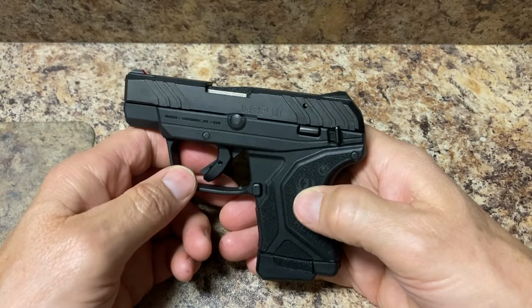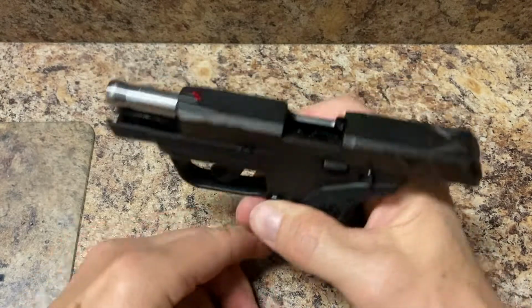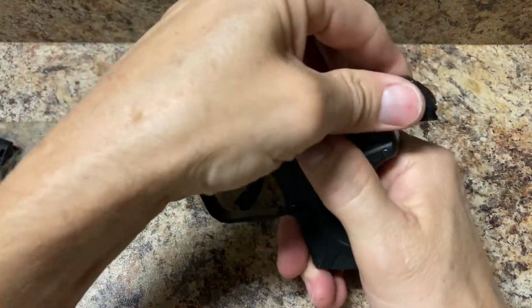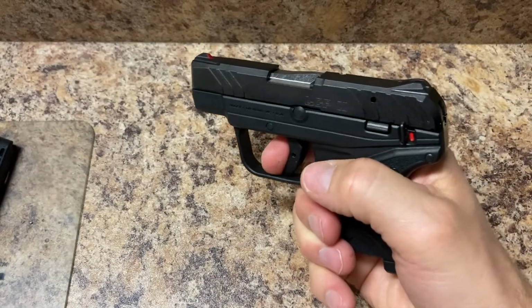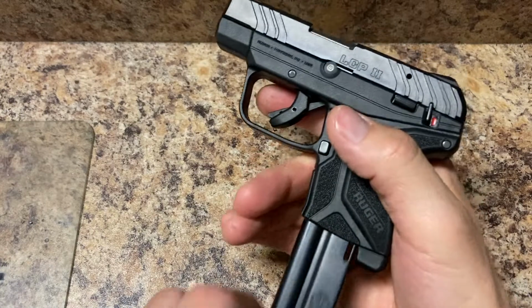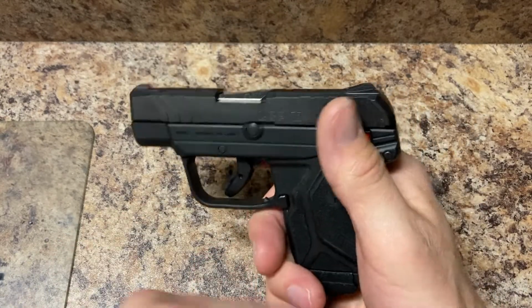So I'm gonna attempt to show you how I remove these. This pistol is brand new. It is unloaded. Empty magazine, we'll just set that aside, but demonstrate the magazine safety. With this on, with the magazine out, the trigger will not pull. With the magazine in, you can get a trigger pull. The second safety is the